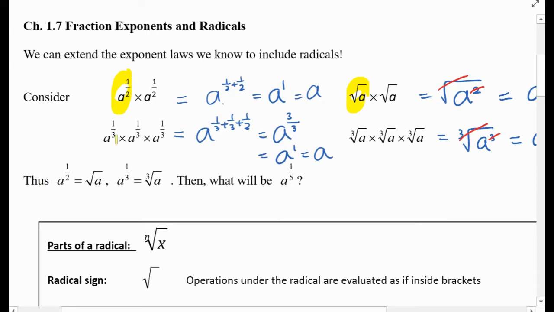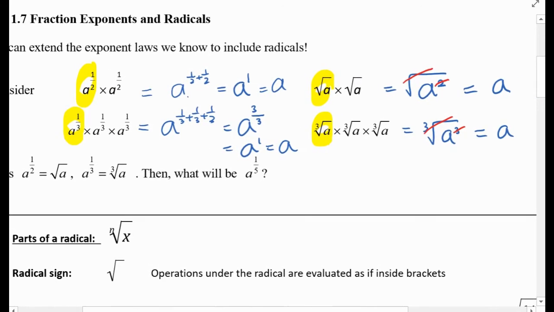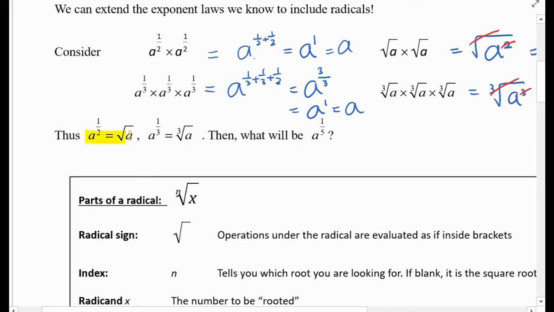Same thing here, a to the power of 1/3. When you multiply a to the power of 1/3 3 times, cube root a 3 times, it becomes a. That means a to the power of 1/3 and cube root a are the same, right? So remember this,